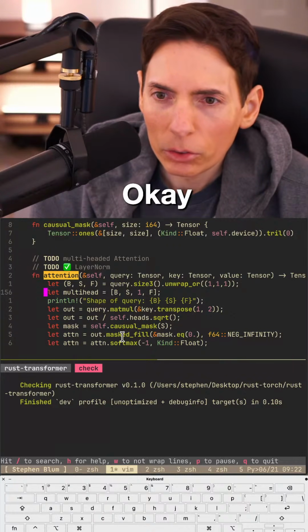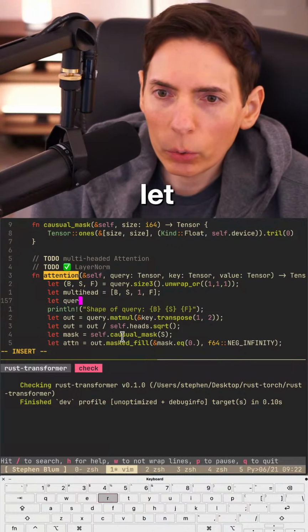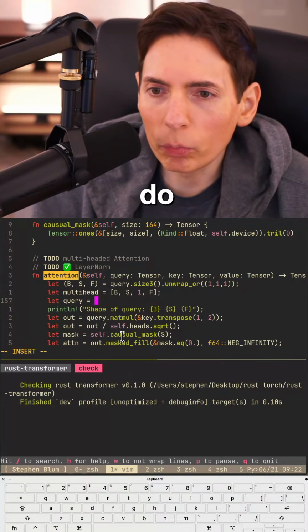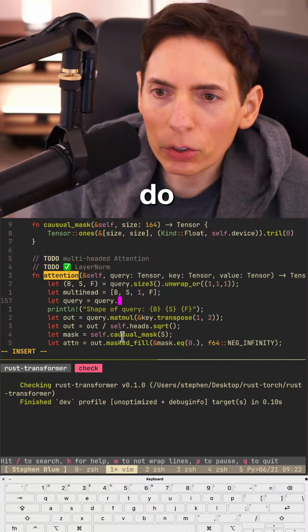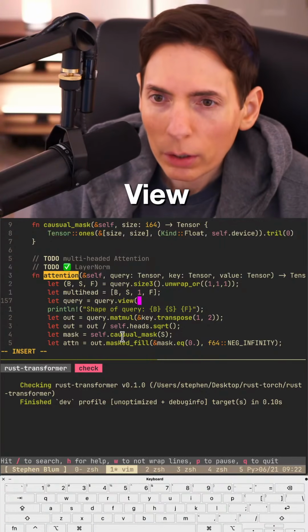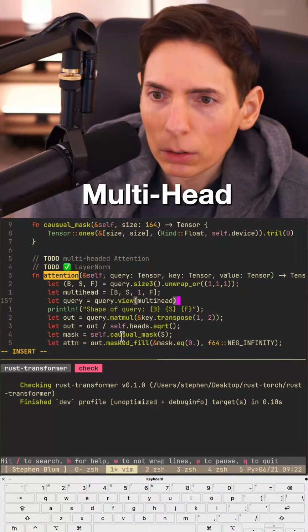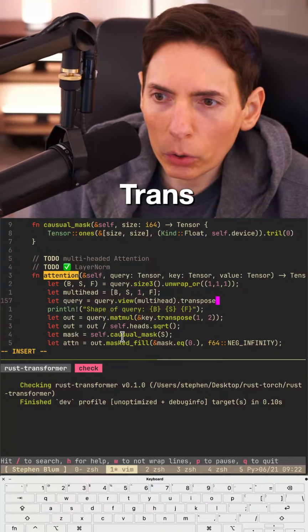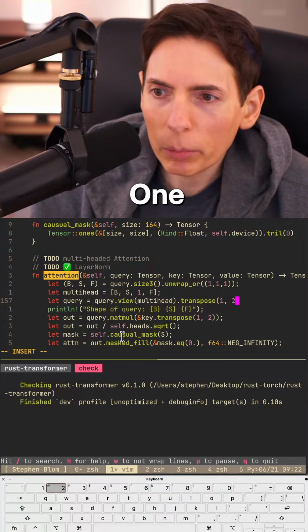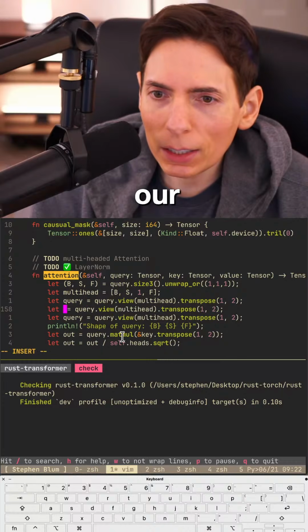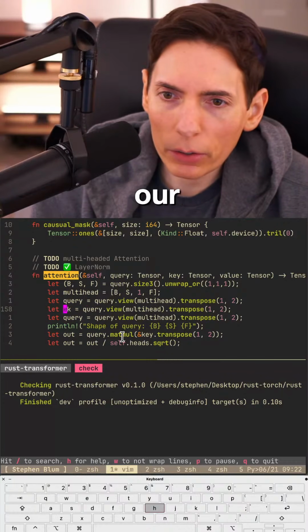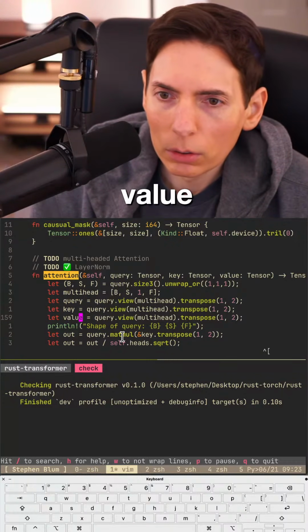Okay. So let query equal query. We have to do some variable shadowing here. Query dot view multi-head, transpose 1, 2. We do the same for our key and our value. Key. There we go.